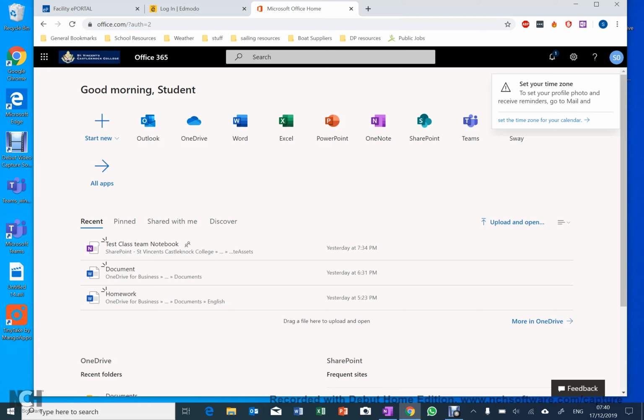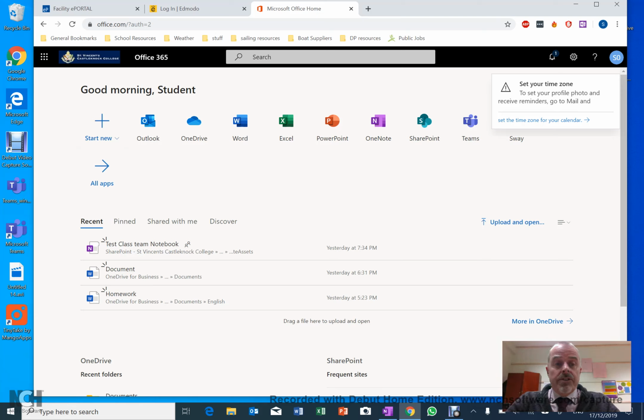Okay, so I have signed in now as a student. What I would have done is I went to Office 365. I would have used Google Office 365 sign in, and then you would have had an email, which is usually, if your name is Paddy Smith, it might be paddy.smith@castleknockcollege.ie,